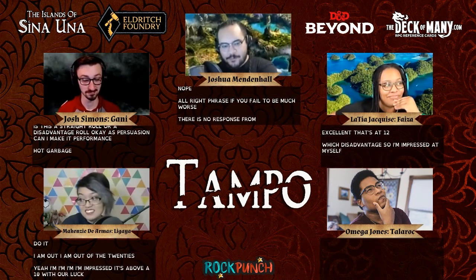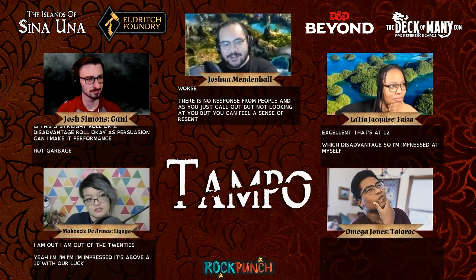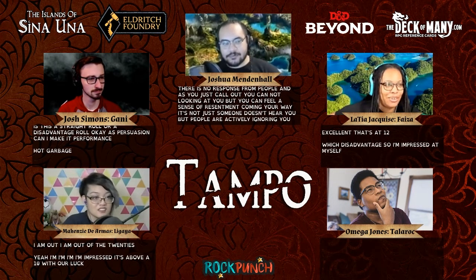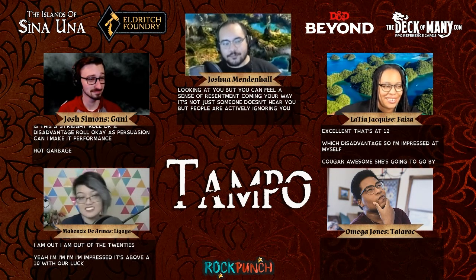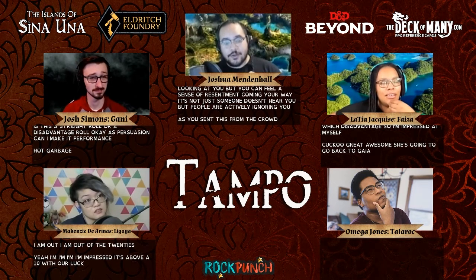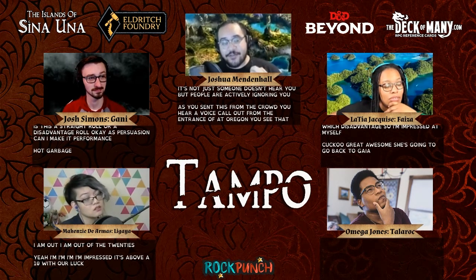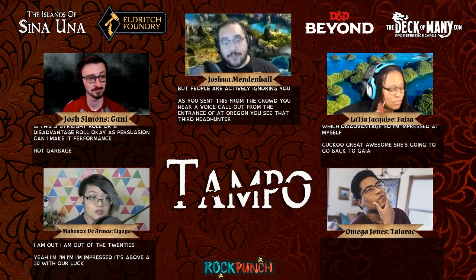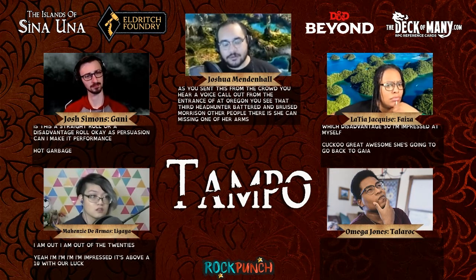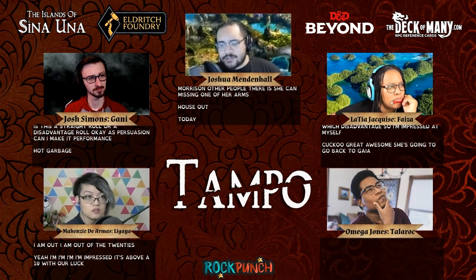There is no response from people. And as you call out, they're not looking at you, but you can feel a sense of resentment coming your way. It's not just someone didn't hear you, but people are actively ignoring you. Cool, great, awesome. She's going to go back to Gani and Ligaya. As you sense this from the crowd, you hear a voice call out from the entrance of the Torgon. You see that third headhunter, battered and bruised, more so than other people. She's missing one of her arms. And she calls out,